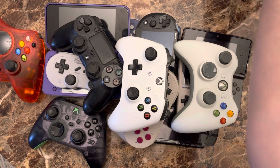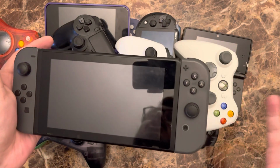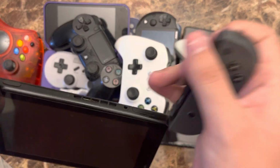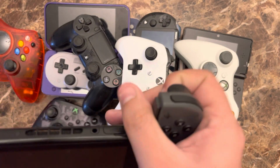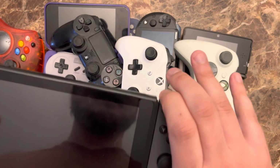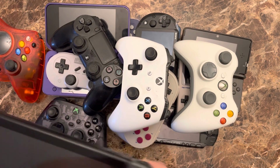Now let's bring the Switch out. So the Switch is large, okay? This was considered a big handheld. People are like, oh, why is it so large or whatever. But it has its Joy-Cons here. You can put them in a Joy-Con grip instead. I personally would rather use any other controller, the SN30 or Pro or the